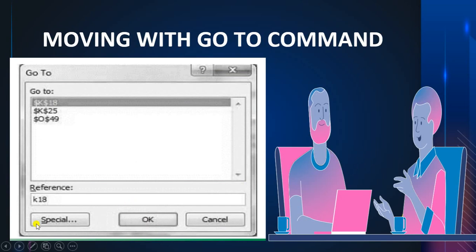For example, when you write a reference in Go To, it will come in this history list. So if you write K18 and press OK, it will place your insertion point in the K column and the 18th row.